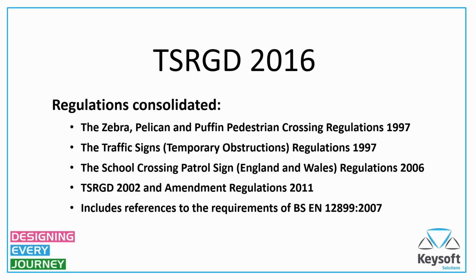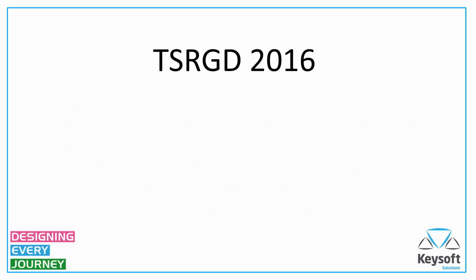Importantly as well, the TSRGD now includes reference to the requirements of the harmonised European standard for fixed vertical traffic signs, 12899. That, as a European standard, specifies things like colour values. For example, dark green is not referenced in there, so the colours for use on various direction signs, for example, and the red on warning signs regulatory is referenced by reference to 12899, and statements are made about other colours that are not in that harmonised European standard.